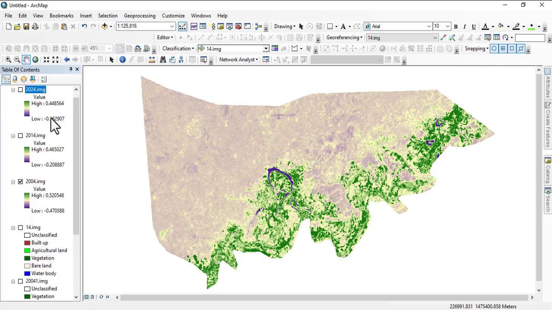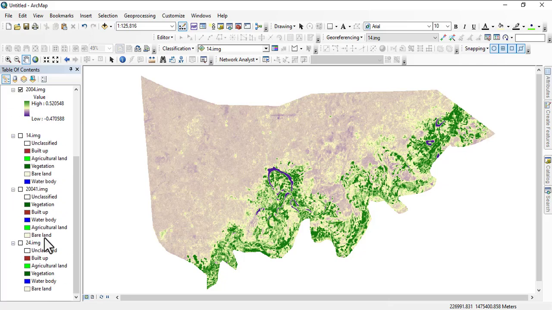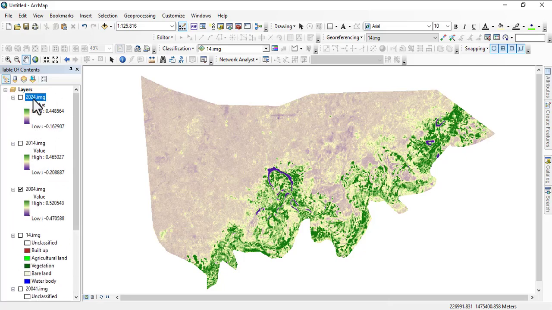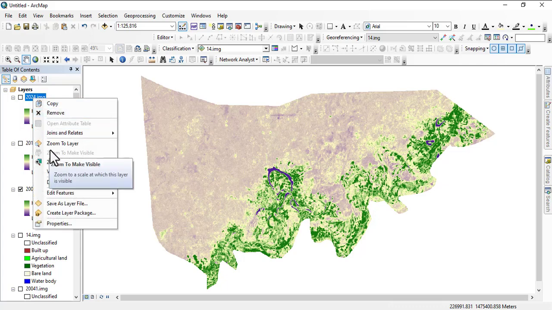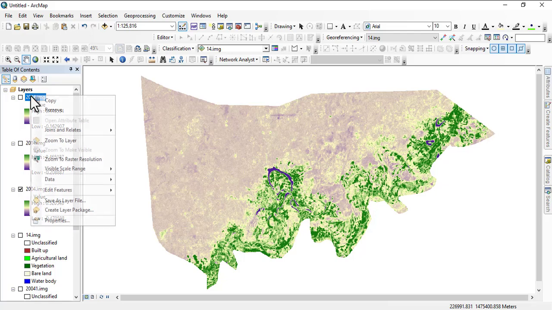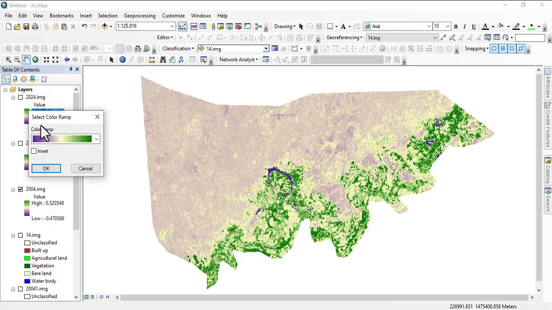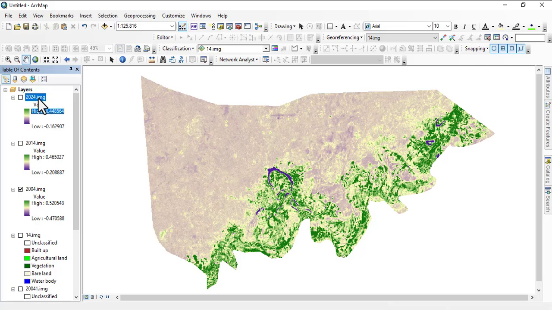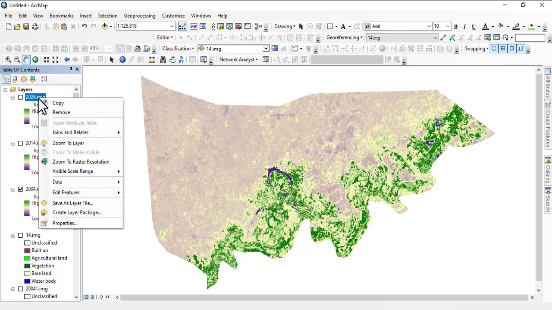Now, layer files are another data file type. We have about 6 of them here. A layer deals with just what you are clicking on. So I'm right clicking on 2014, 2024. If I right click on this, it's just a layer, so whatever I'm doing is within that layer. The purpose of a layer file is to save a reusable symbology, or anything just within